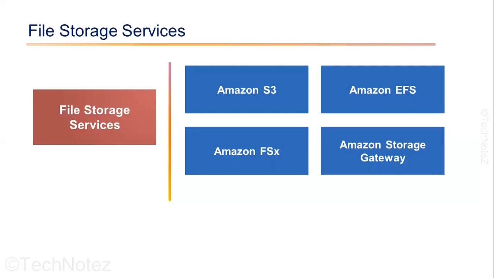Amazon Storage Gateway. It is a hybrid storage service that enables you to securely store and retrieve data from AWS cloud storage and to connect your on-prem applications with the AWS cloud. It provides a virtual tape library, file gateway, and volume gateway to support a wide range of storage scenarios. Each of these file storage services offers unique features and benefits and can be used for a wide range of workloads and applications. We will talk about these services in detail.